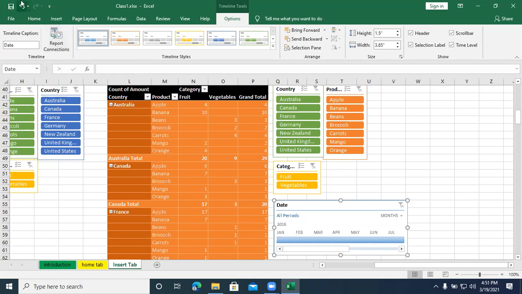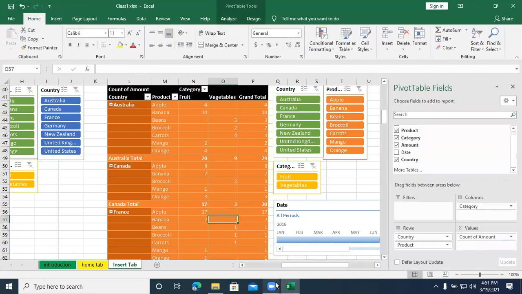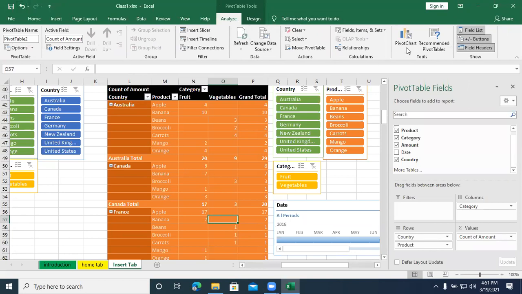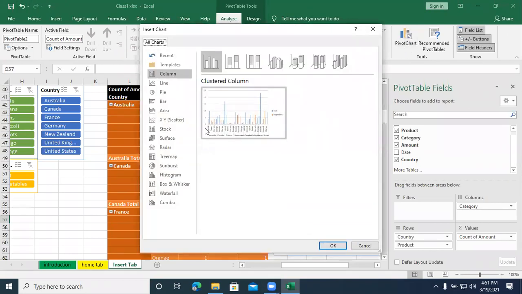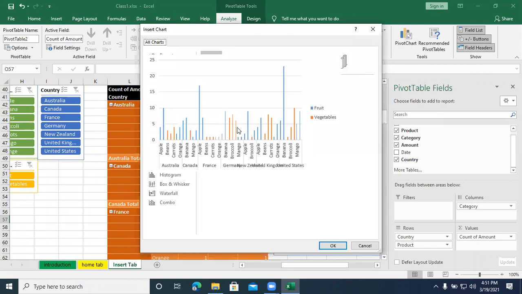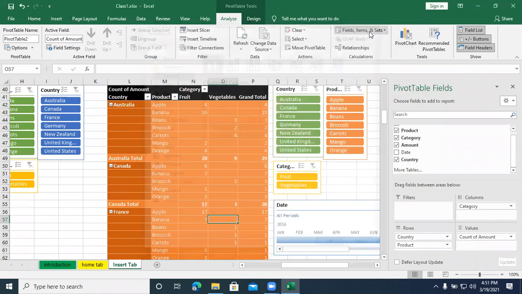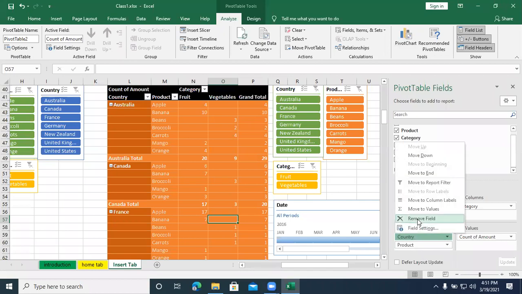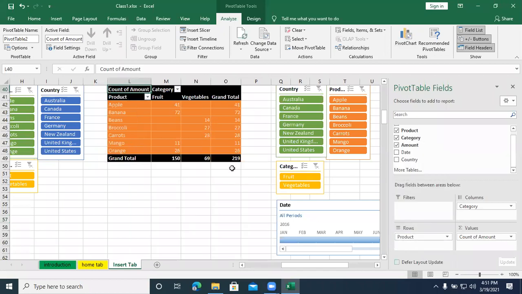So based on the same table, we also insert the chart. So I go for analyze, pivot chart. So it directly recommends our chart. For a very beginner, what we will do, I just remove this country name, remove field. So now I will be getting a small chart.